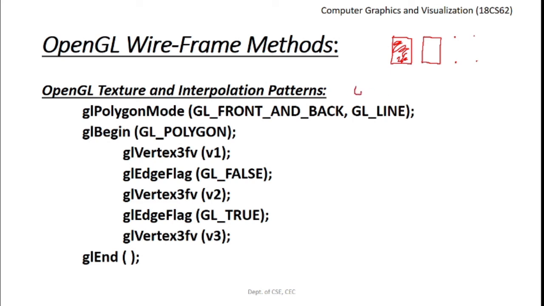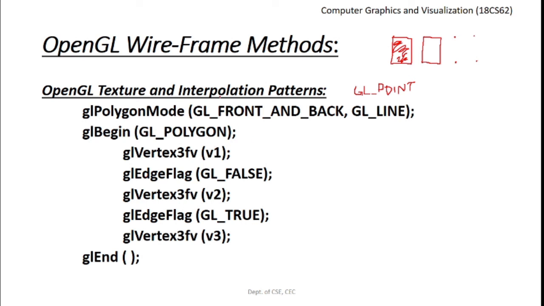If you want to display only the points or the vertices of the polygon, for that you have a constant called GL_POINT. Okay, if I change it to GL_POINT, only the vertices of the triangle or the polygon to be drawn will be drawn. GL_POINT will draw only the vertices, GL_LINE will draw only the boundaries. In this also we can have some of the edges to be ignored, or some of the edges to be not included in drawing. To do that, we have a function called GL edge flag.